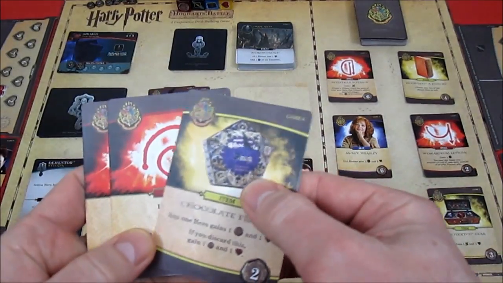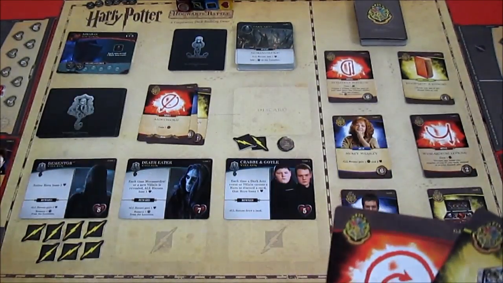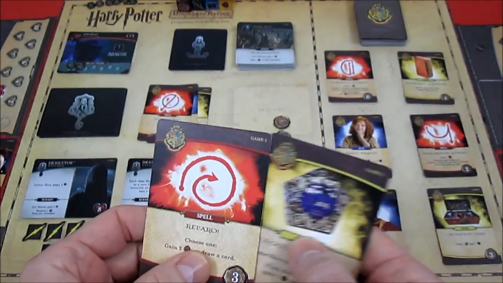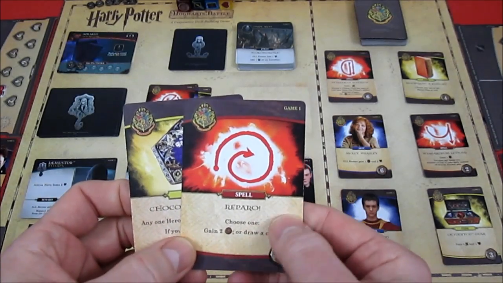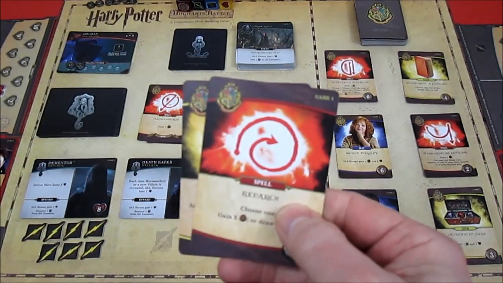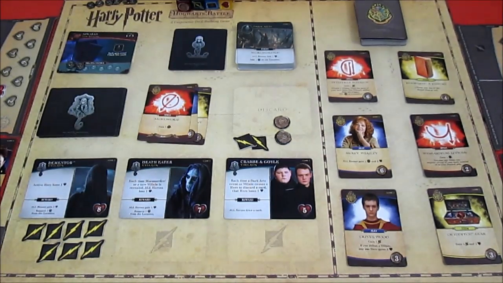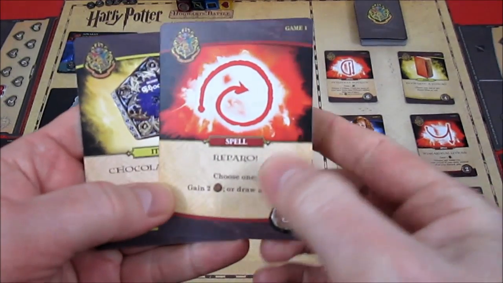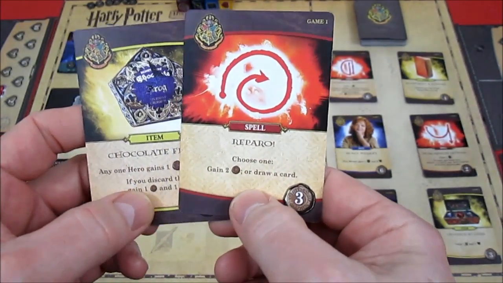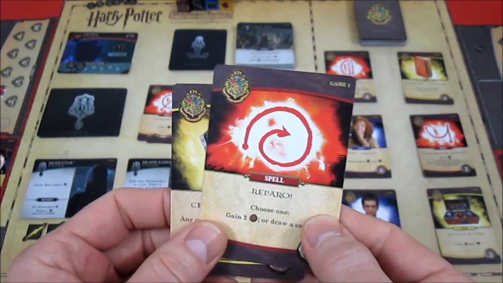Ron, I do believe now... well, this is just gain an influence. I'm just trying to keep everything straight here. Choose 1, gain 2 influence, or draw a card. I'm not sure if he wants to draw a card or gain 2 influence. Okay, I think gaining an influence would give him 4, or draw a card. I want to kind of get 3 attack, but